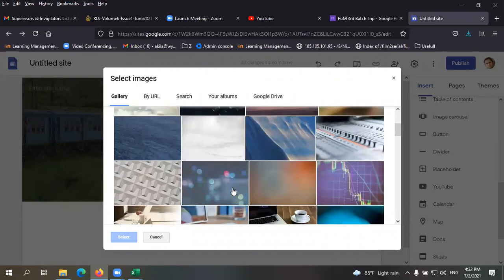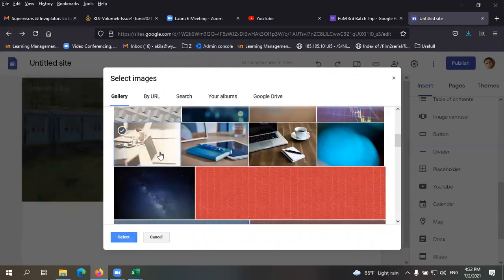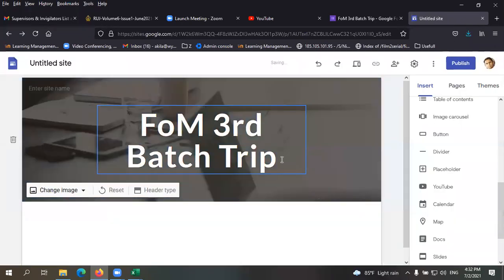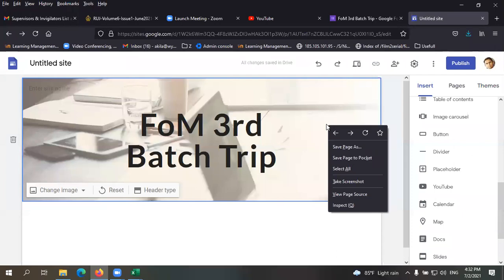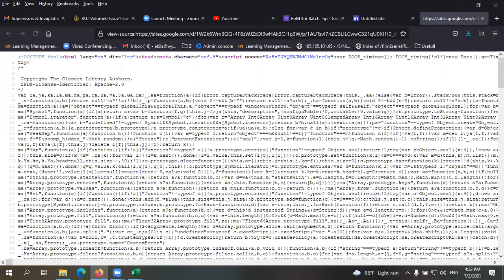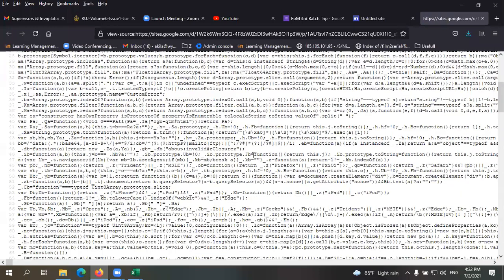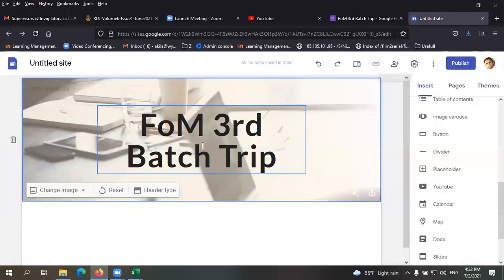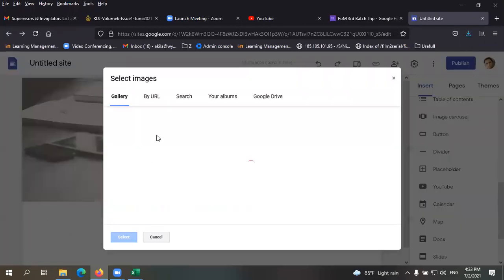Normally when you add an image, it will automatically adjust the image to your heading, right?